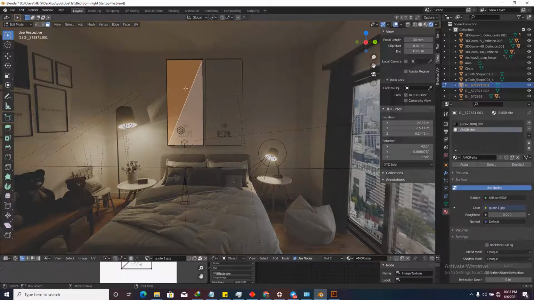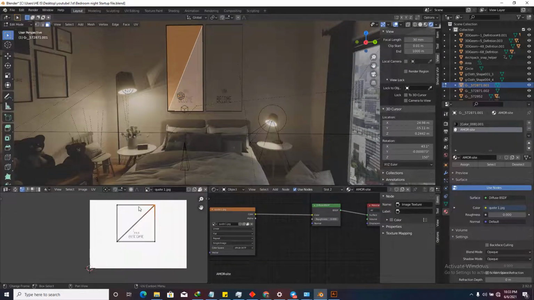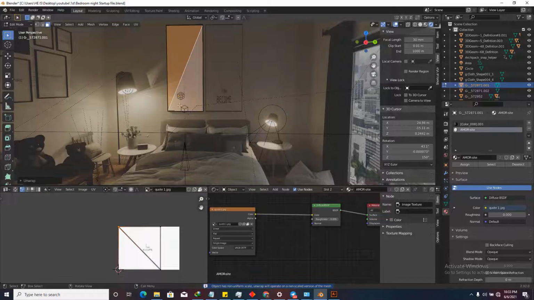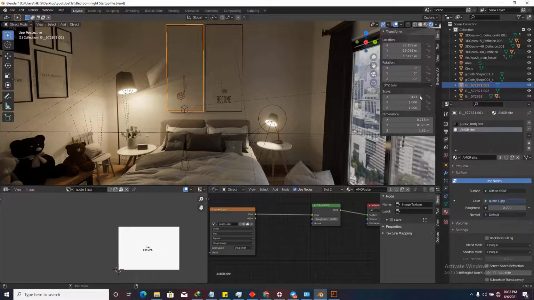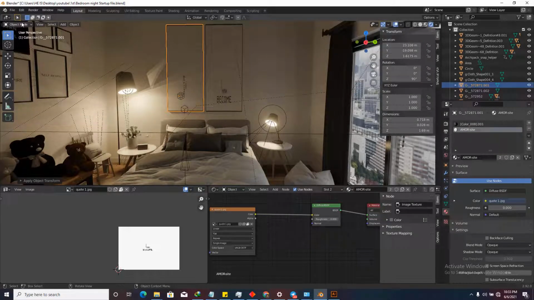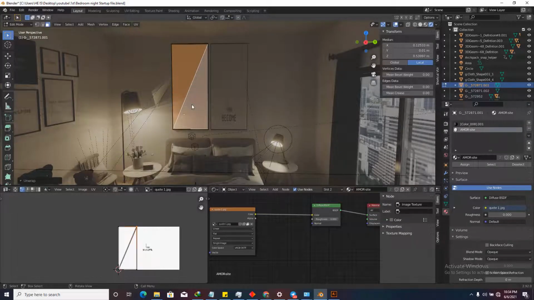So in order to fix that, again go to edit view by pressing Tab, and then press U and then unwrap. But this also did not fix our problem. So before that, what we're going to do is go to the item, and I'm going to press Ctrl A and then scale. Make sure that you're out in the object mode. So when you do that, the scale is applied. And if I go to the edit mode again by pressing Tab, and if I press U and then unwrap,